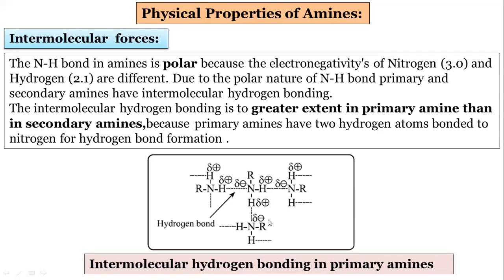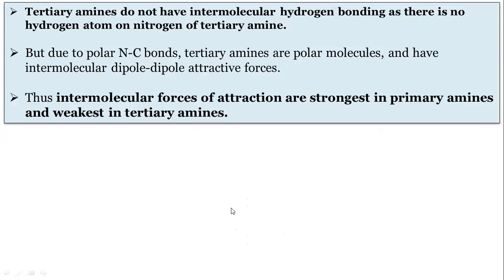These hydrogen bonds are very strong in primary amines because there are two hydrogens. These two hydrogens can form two hydrogen bonds, but secondary amines will form only one hydrogen bond. And tertiary amines do not have any hydrogen, so